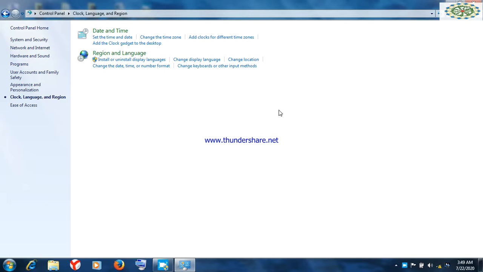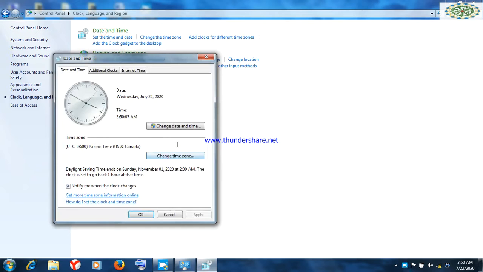This is the information that we are going to get, right? You see this information says date and time: set the time and date, change the time zone, add clocks for different time zones, add the clock gadget to the desktop. So we are going to click on this date and time, and this is the information we are going to have, right? You see the heading says date and time, under which we have date and time, additional clocks, and internet time.